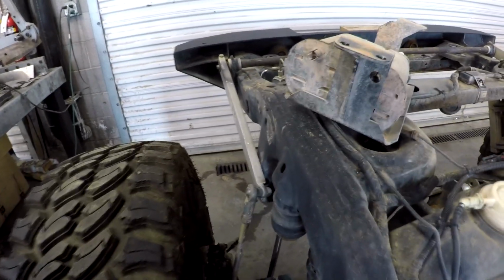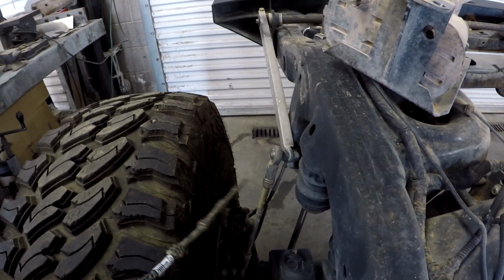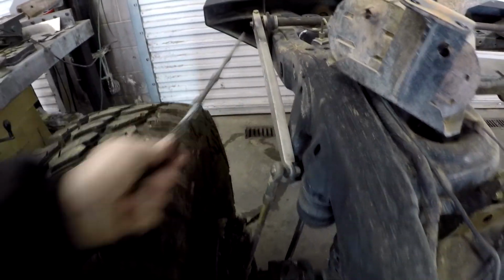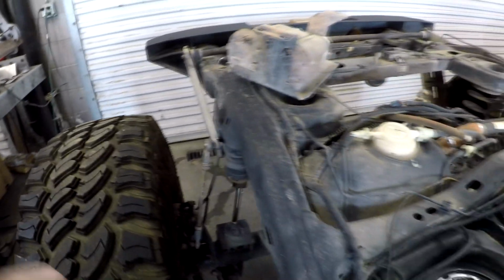Now look here, I told you it was roly-poly. I drove this thing and it was a little bit scary, and I think you can see why. This sway bar has not been installed properly. It's not working properly. Look at that. It's all bent up, and that's going to have to be fixed before we give this thing back to the customer,